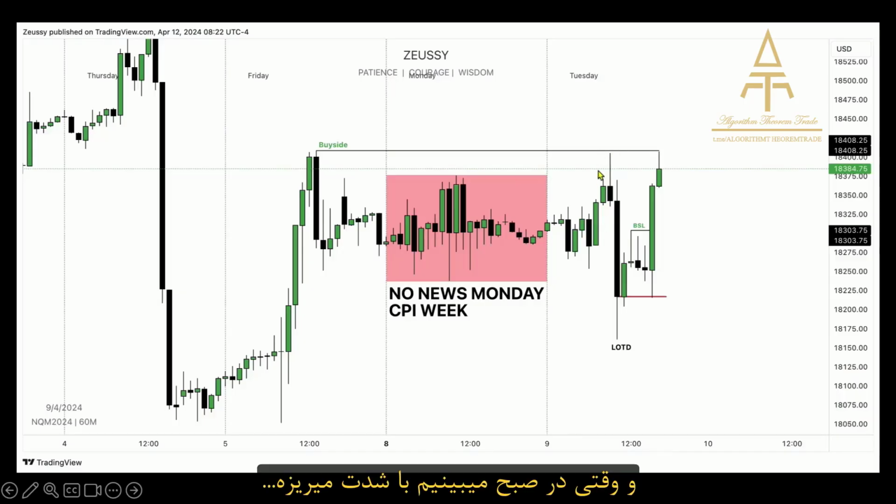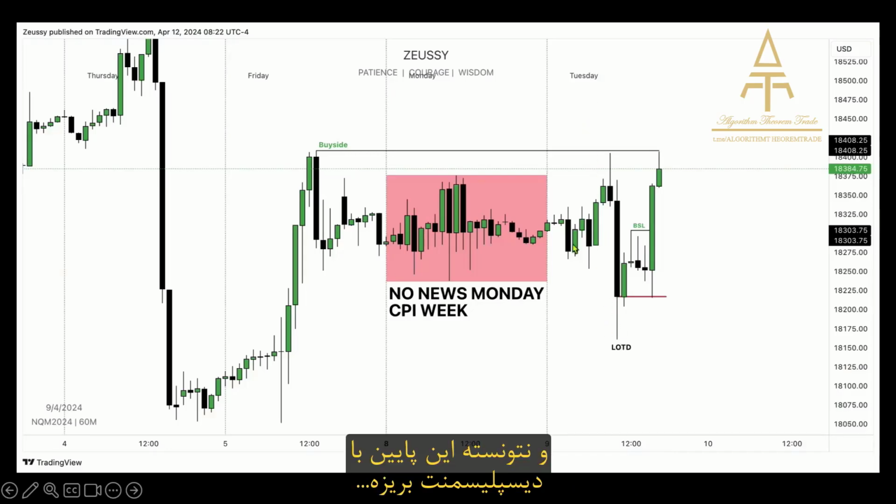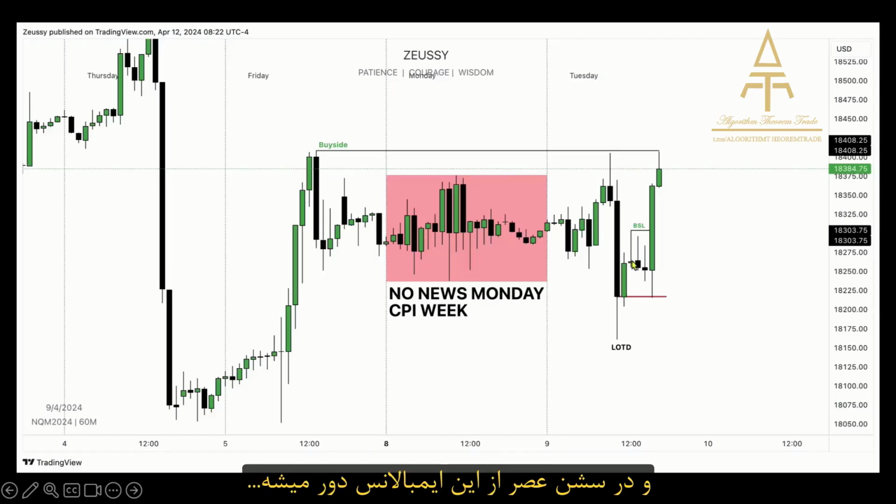When I then see the morning session drop aggressively right here, and I see a failure to displace lower, but instead I see the market lethargically trade away from this imbalance right here during the afternoon session, when I see this right here occur, this slow delivery, I know that an expansion is imminent, and I know that the market is likely to draw towards all of the buy side liquidity above these highs and potentially even higher.